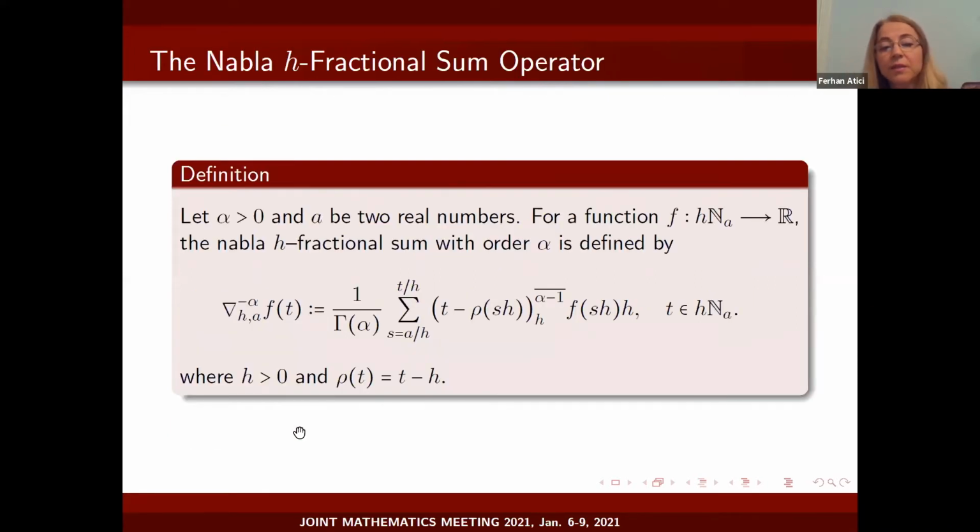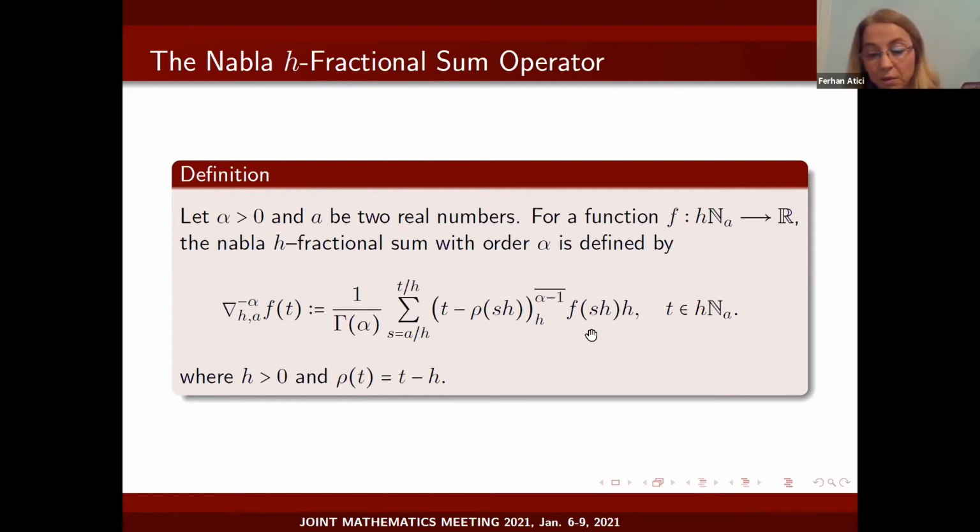All right, so then we have this H fractional sum operator, and as you see, there is a kernel standing here. The good thing about this kernel is that it is non-singular. Recently, there are some papers about concern on the singularity of the kernel, but for the discrete version, the kernel is not singular, it is non-singular. That's good to have. So this is the definition of the fractional sum operator for this